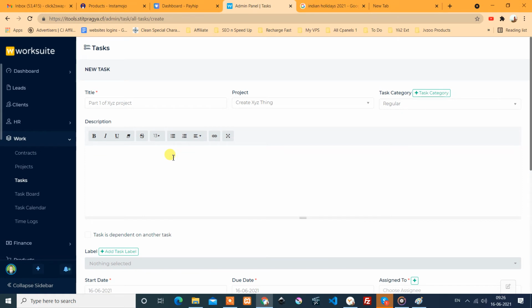So description of the task, that this task involves regular things to be done for several days. Whatever may be the explanation, I am writing this just as a dummy test.